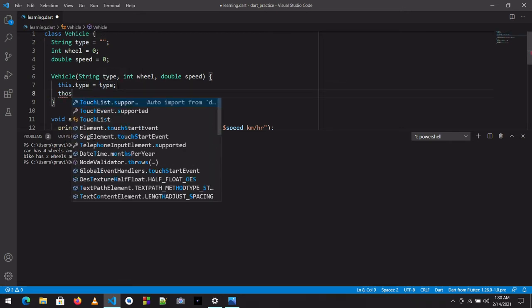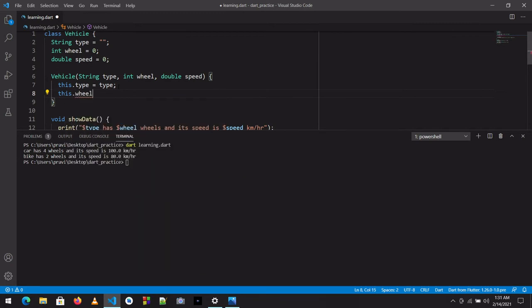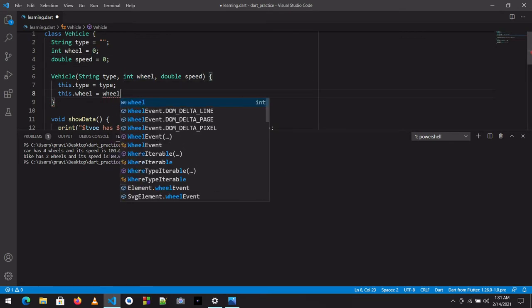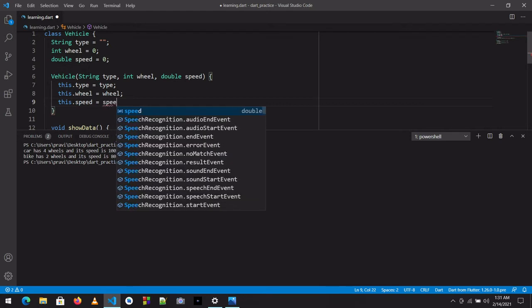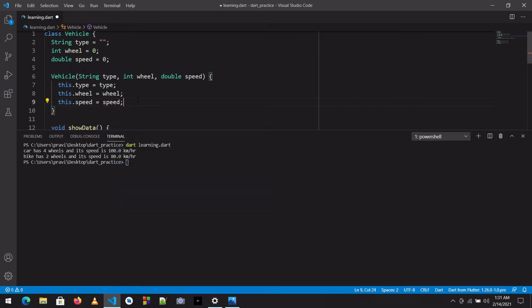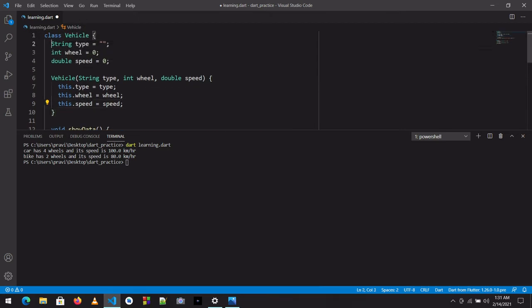Similarly, this dot wheel: the class already has some wheel value which is 0, so we just replace it with the new wheel value we got from this constructor. And again this dot speed equal to the new speed which we got from the constructor. So now all the attributes are initialized.